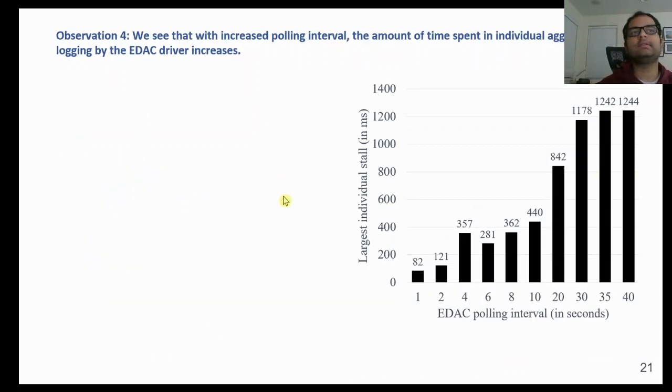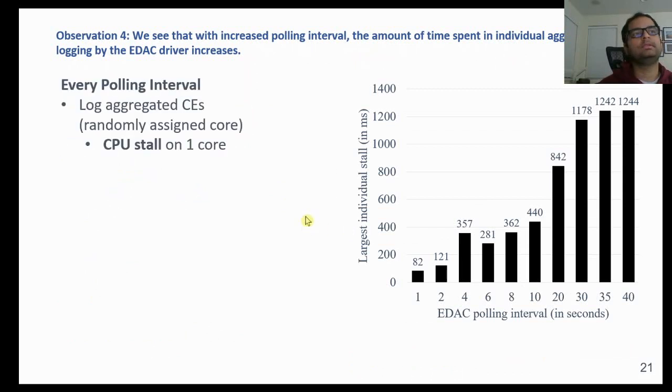So here in this graph, we are starting with the configurable parameter, which is the polling interval for the CMCI interrupts, implemented through EDAC. For every polling interval, we log the aggregated CEs on one randomly assigned core, and this causes a CPU stall on one core. In this graph, we are modifying the polling interval to go from 1 second to 40